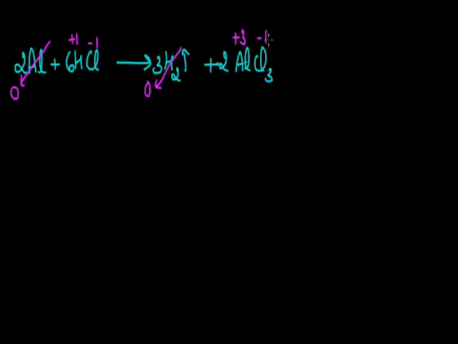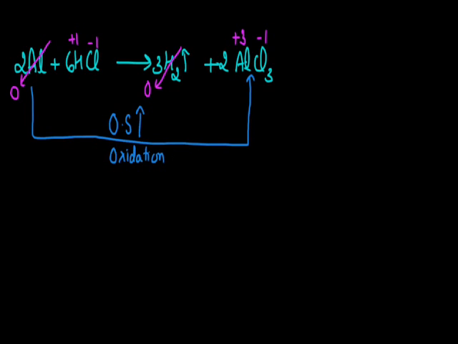If I consider how the oxidation number is going to change, we can see that aluminium is going to convert from 0 to +3 oxidation state. So the oxidation state is going to increase, and as it increases, it can be defined as the process of oxidation according to the definition we did initially. If I talk about the oxidation state of hydrogen, it changes from +1 to 0, which is a decrease in oxidation state, and the process where the oxidation number decreases is defined as the reduction reaction.